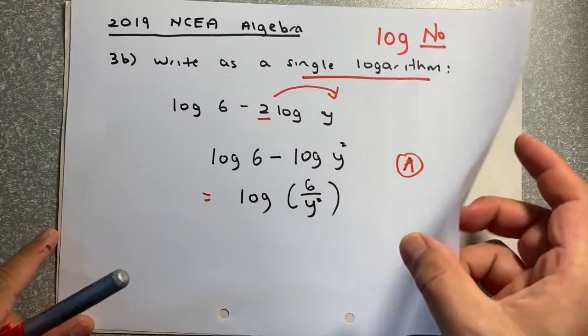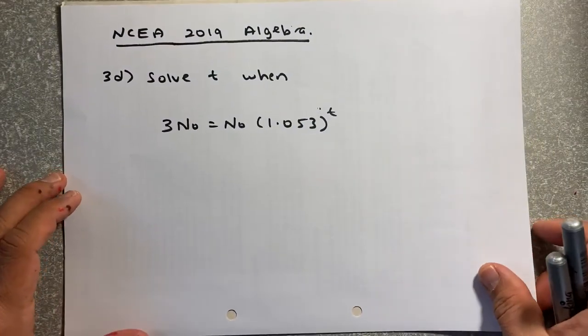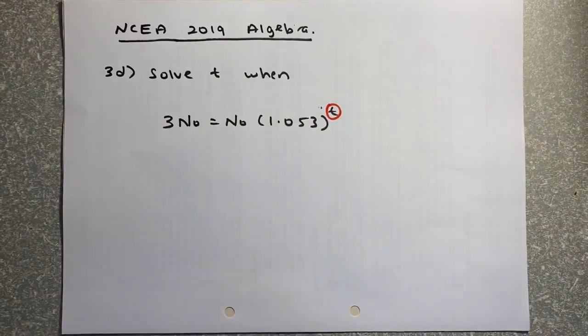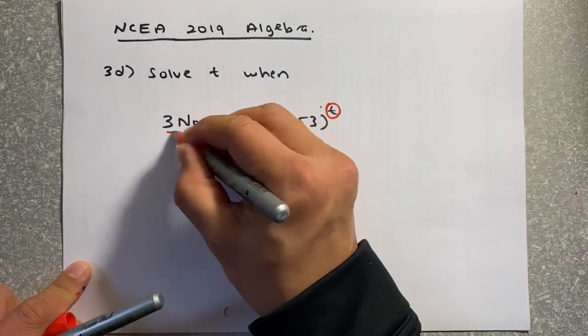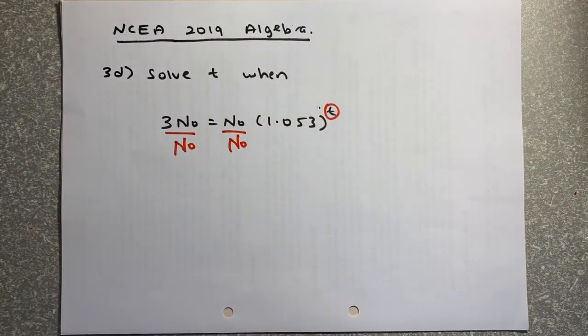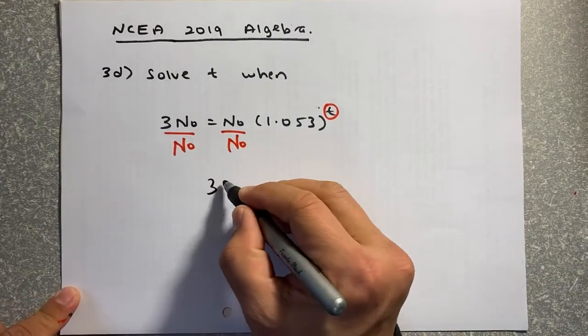Okay, we will continue now. Now we are going to do the 2 merit question. I have simplified that question. This is a word problem. So technically what they are asking is, how do you solve for t when 3 times N0 equals N0 times 1.053 to the power t. Your objective is to find t. Okay, the first thing you do, you divide by N0 on both sides. So what happened? The N0 will be cancelled out. So on the left hand side, you're left with 3 equals